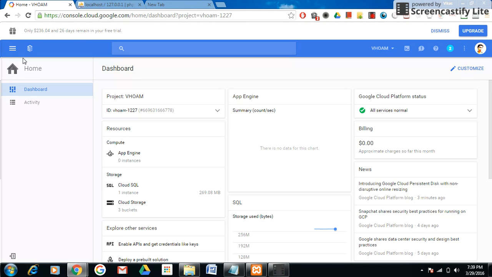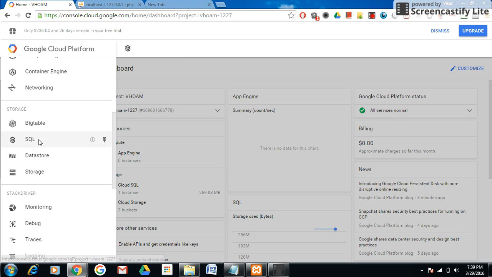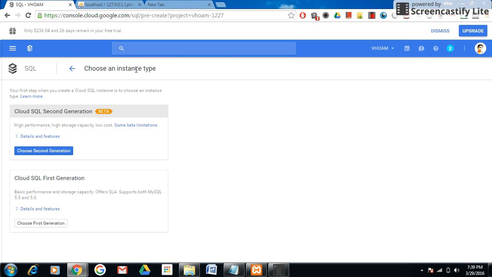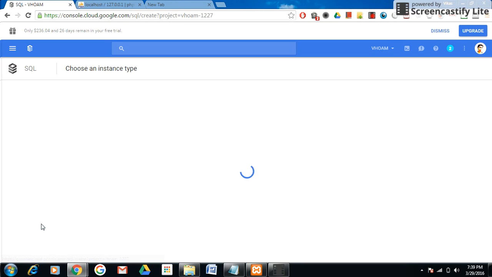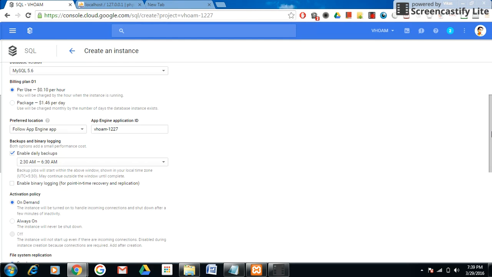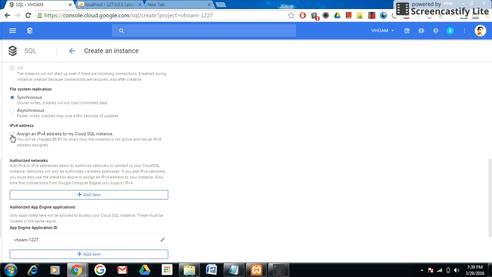This is the Google Cloud console. We will go to Cloud SQL, create instance. We will choose first generation. Instance name, we will choose instance 4. We will assign an IPv4 address to this instance,